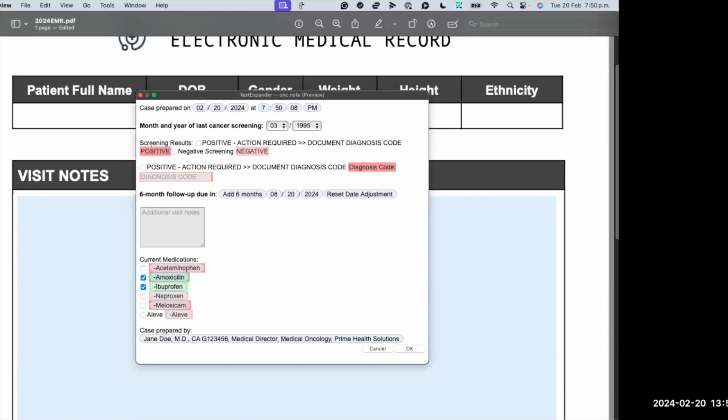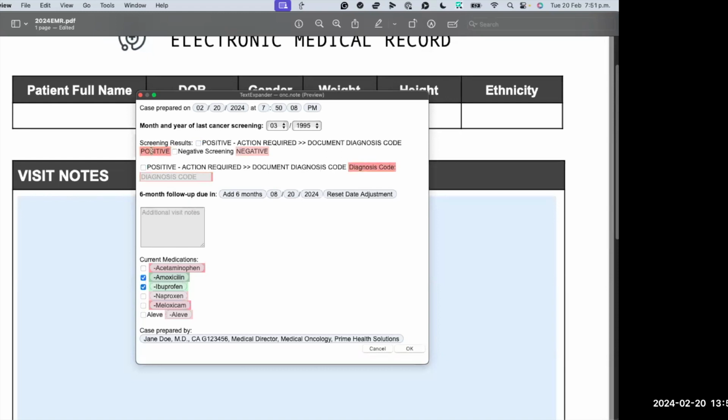All right, then we've got screening results. So as you remember, I told you that if you name an optional section or really any type of fill-in with the same name, they're going to link together. So watch that if this screening was positive and I select it, it selects it in both places, which is really great because I'm also saying that I need to document the diagnosis code, and it's going to go ahead and select both of these for me. If you haven't seen the optional section before at all, I was also explaining that this is the checkbox. So I can easily uncheck it and it unchecks both of them.